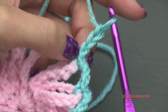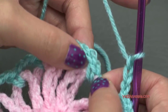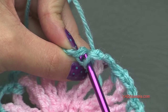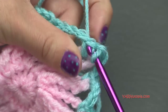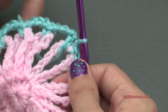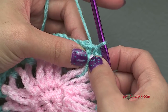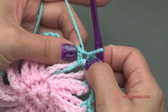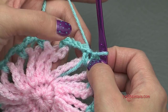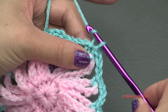When you're finishing round 3, just make sure to chain that 3 and then slip stitch to the beginning single crochet of this round. So just insert your hook, yarn over, pull through, and pull through. At this point, if you are changing color, just chain up 1, cut your yarn, and continue pulling through, and add your new color right into the same single crochet right here, and chain up 3, and go on to round 4 with me. But I'm not going to change color, I'm just going to chain up 3 at this